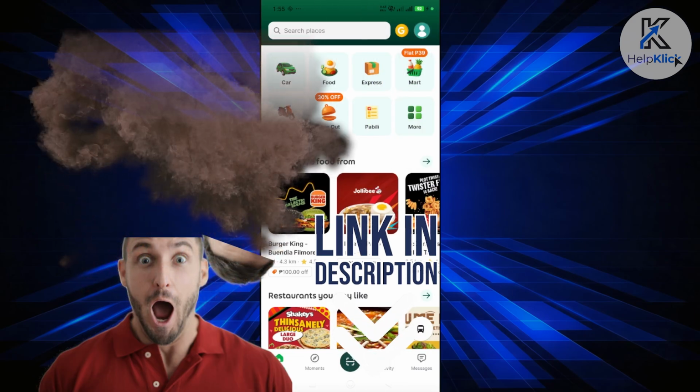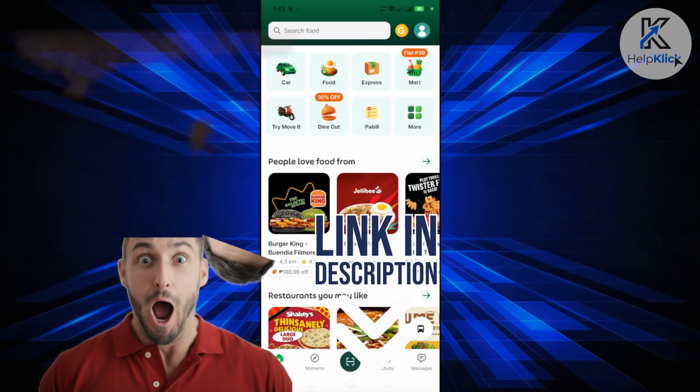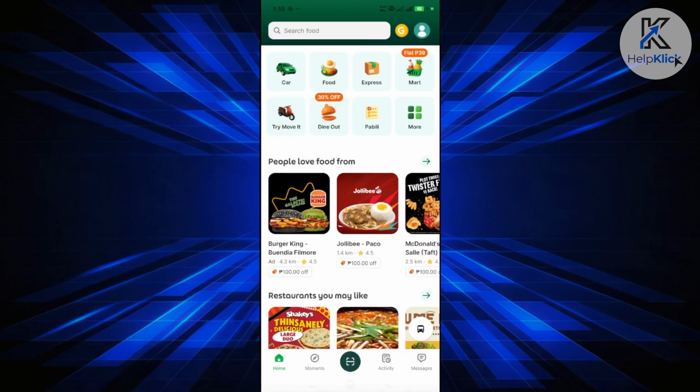So let's get started. If you want to change your location here inside the Grab app, there are a few things that you may need to do. First things first, in order to easily change your address or your location, you can add saved places. To do that, click on your profile icon at the top right of your screen,